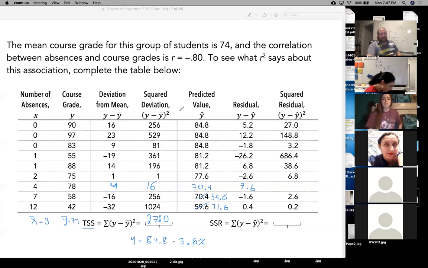Just like we squared the deviations, now we're squaring the residuals. So we got to fill in the 7.6 squared, which gives us 57.76. And now we're calculating the SSR, the sum of the squared residuals. So 27 plus 148.8 plus 3.2 plus 686.4 plus 38.6 plus 6.8 plus 57.76 plus 2.6 plus 0.2 gives me